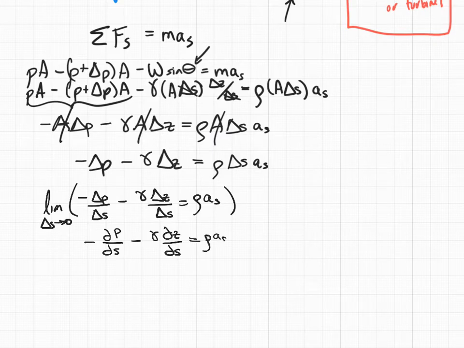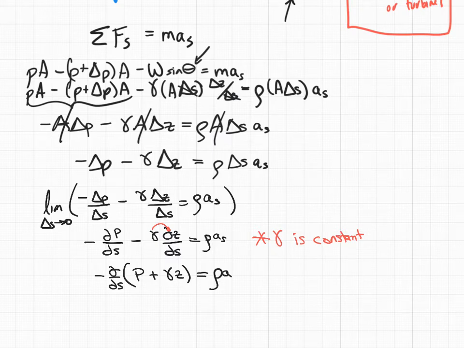equals rho AS. Now we're going to make our second assumption. I'm going to put it in red because I want to bring this gamma inside there. In order to do that, I'm going to assume that gamma is constant. What that allows me to do is write this as negative d by ds of pressure plus gamma z